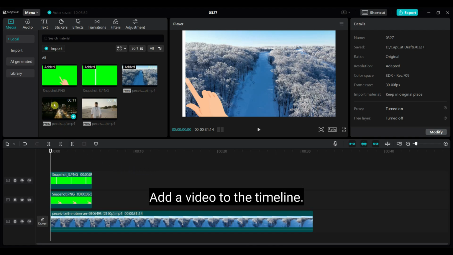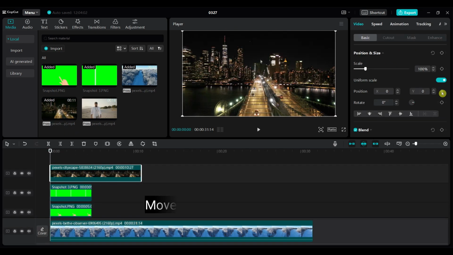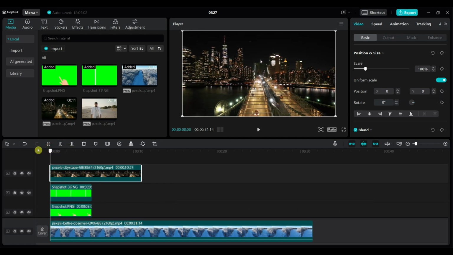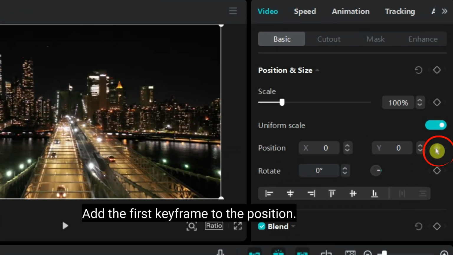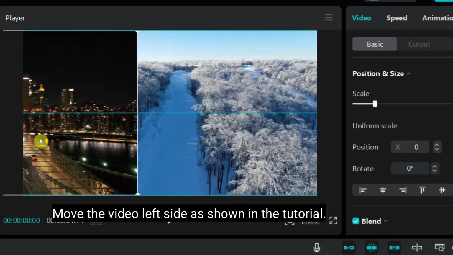Add a video to the timeline. Move the playhead at the starting point. Add the first keyframe to the position. Move the video left side as shown in the tutorial.